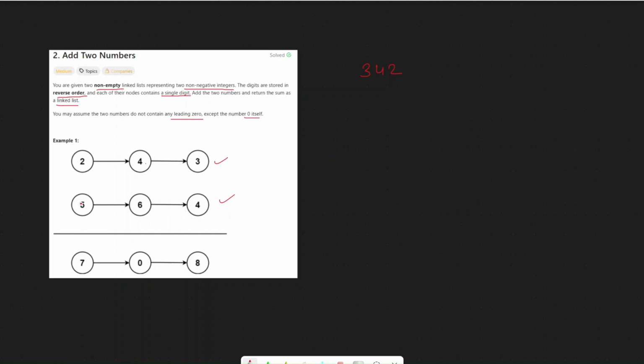So if you look here, 5 plus 2, because these are stored in reverse order, which means this is the ones place, this is tens and this is hundreds, and this is how we do our sum, right? If we have to add 342 with 465, because they are stored in reverse order, this is our ones place.